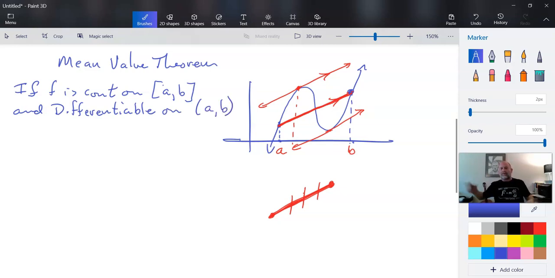That means if you pull off the endpoints, everything in between is differentiable. So it's forcing it to be on the interior, everywhere but the endpoints. Okay, then